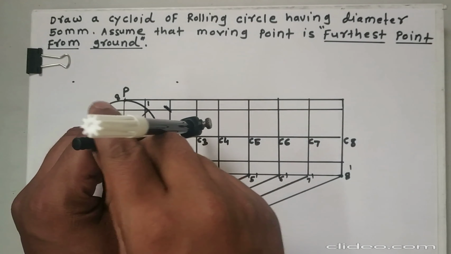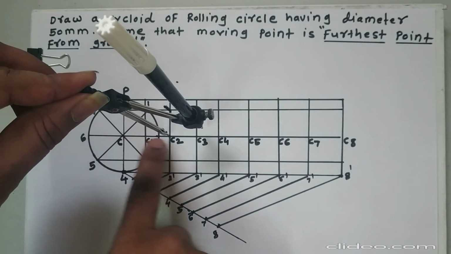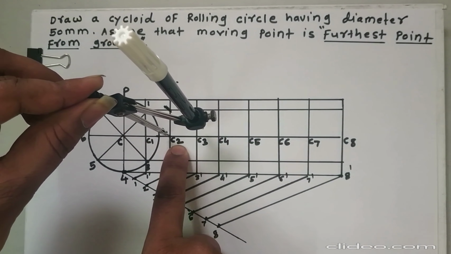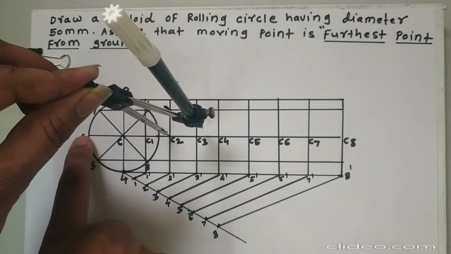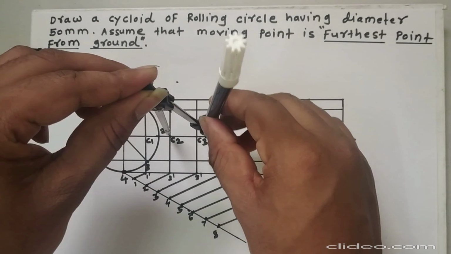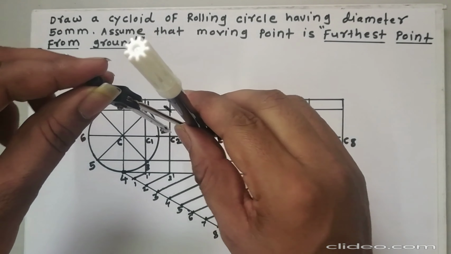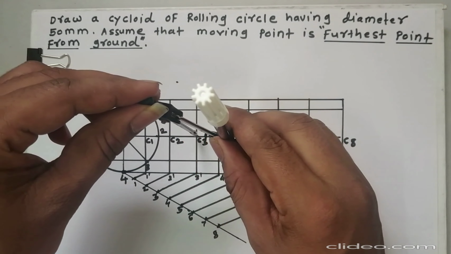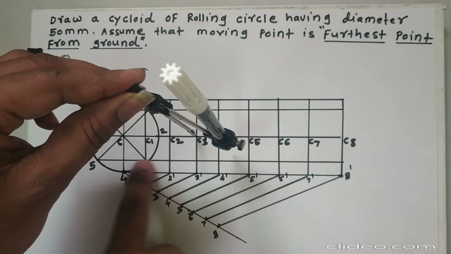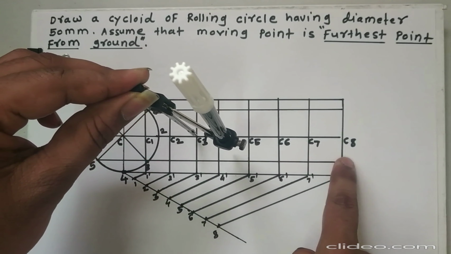C2 as a reference point, we need to cut this 6-2 line, because our focus is on point number 2. So this C2 horizontal line, cut this line over here. Next consider C3, same radius 25 mm. Now consider the 5 3 line, horizontal, because point number 3 is over here. So we need to consider this 5 3 projector